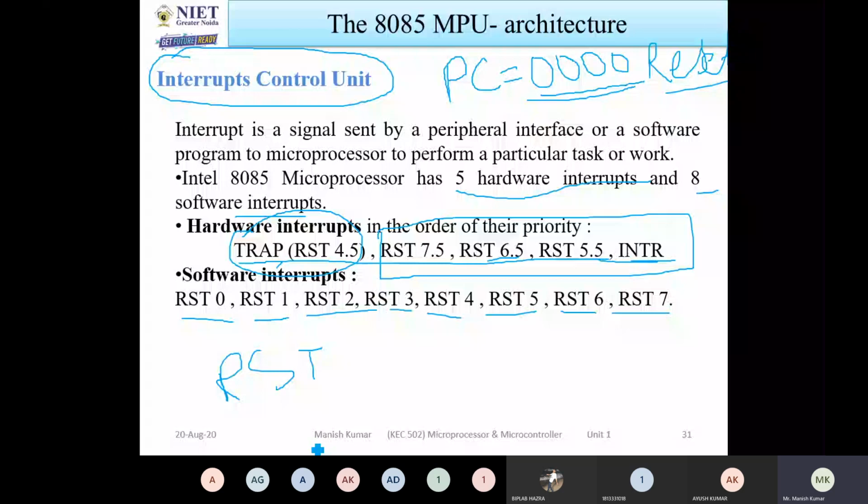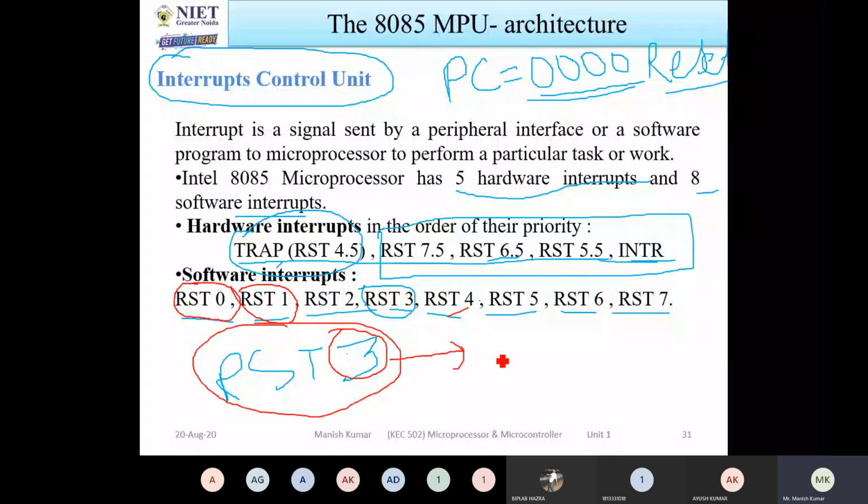If you are using RST4, it means that you are starting from 4. So if you are starting from 4, what is the meaning? From which location will it start? So for vector interrupts, we are going to find the vector address. Every interrupt has a specified address. So if RST3 occurs, then corresponding to this RST3 vector address, from that address the processor will execute the programs. Okay, so now the question is,